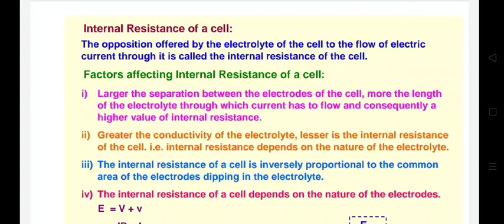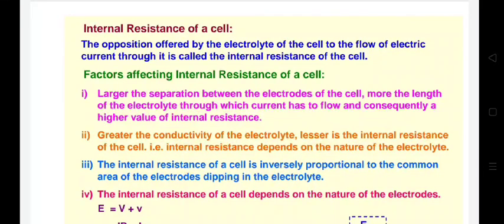It is directly proportional to the separation between the two plates. That is, the larger the separation between the electrodes of the cell, the more the length of the electrolyte through which the current has to flow, and consequently a higher value of internal resistance. That is, the greater the distance between the two plates, the more is the internal resistance. The second point,